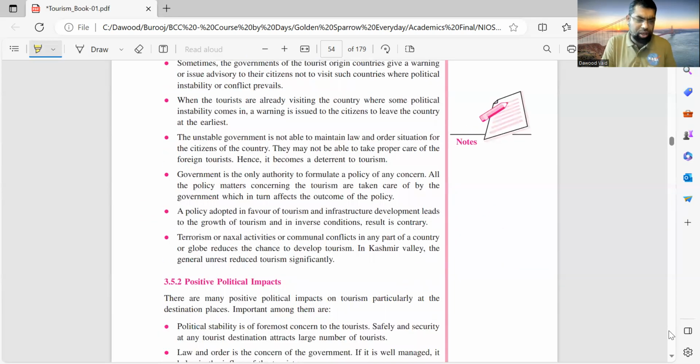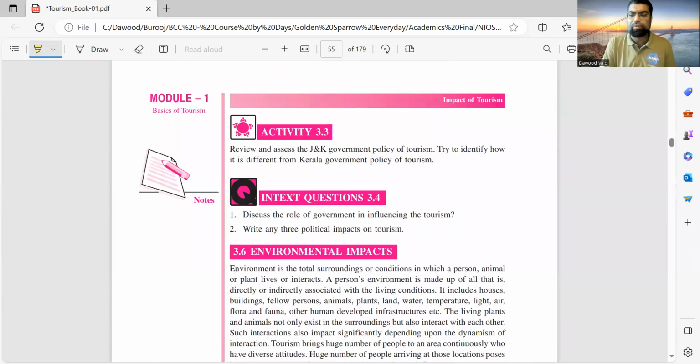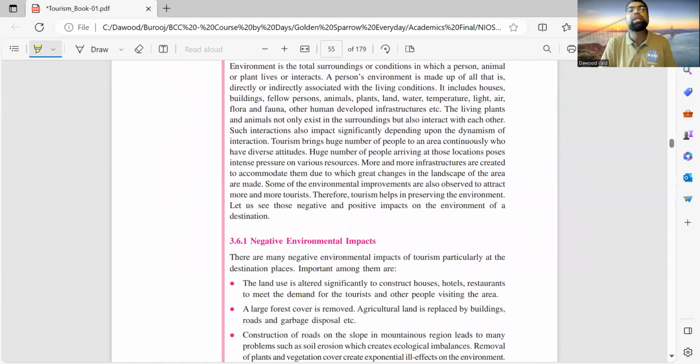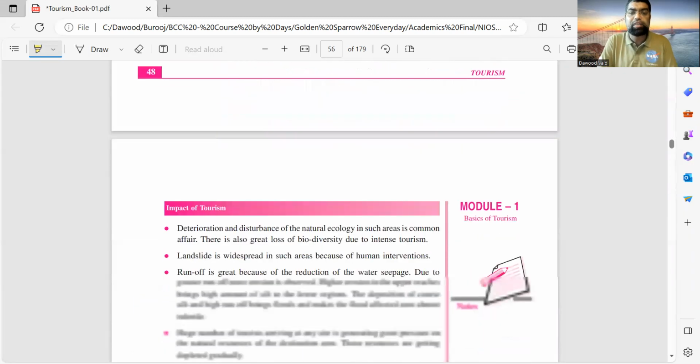The last part of this chapter is the environmental effect. The easiest part: when you keep coming to a place, let's say people go to Leh, Ladakh, Shimla, what happens? The greenery is lost. There is a lot of plastic pollution, landslides. Even today in Himachal Pradesh, there's a lot of rain and landslides. Biodiversity suffers; even in Bombay, in Aarey, a lot of trees are cut or mangroves are cut down because of bridges. So there's solid waste disposal.